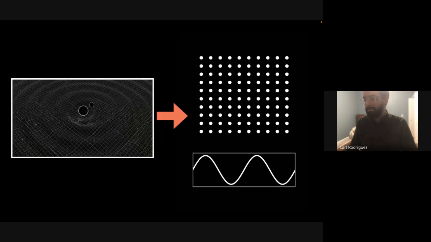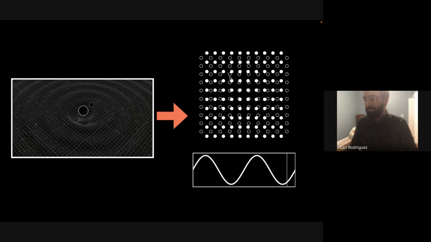Now, in the electromagnetic case, what you do is you jiggle a little charge, and then an electromagnetic wave starts moving in one direction. In the case of gravity, the thing to keep in mind is that what space-time fundamentally is, is the way we measure the distances between objects. So if a gravitational wave is passing into the screen here, let's say I have just a grid of masses out in the screen. What's going to happen is that if the wave passes into the screen, it's going to cause the measured distance between those objects to fluctuate very slightly. And so as the wave passes through the screen, it actually creates these breathing motions in the position of objects